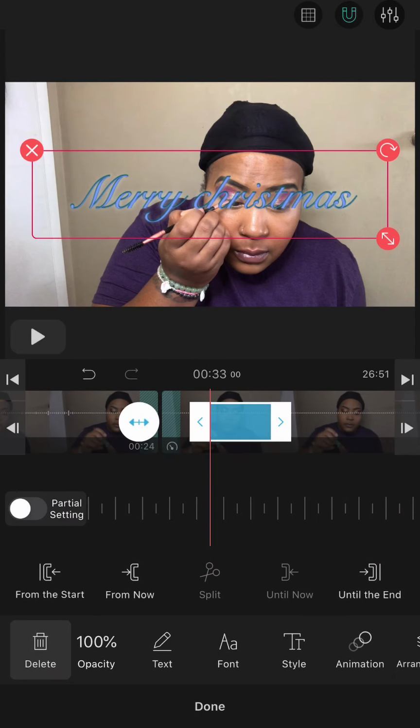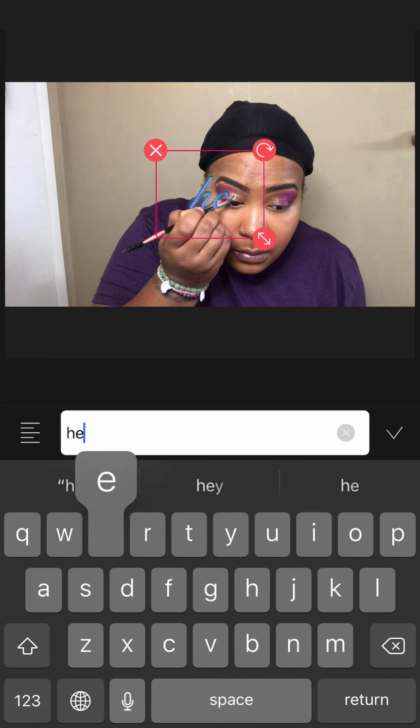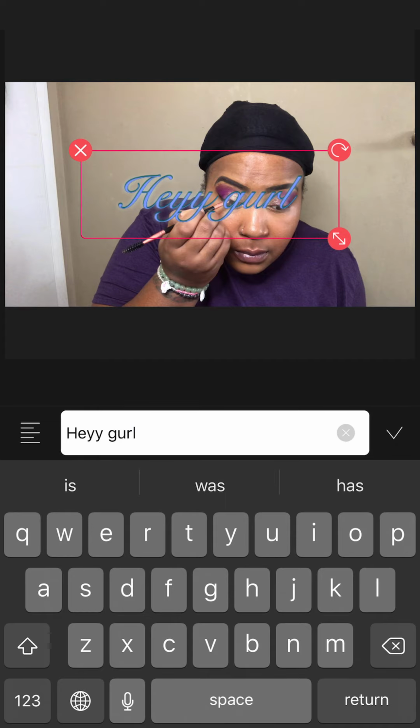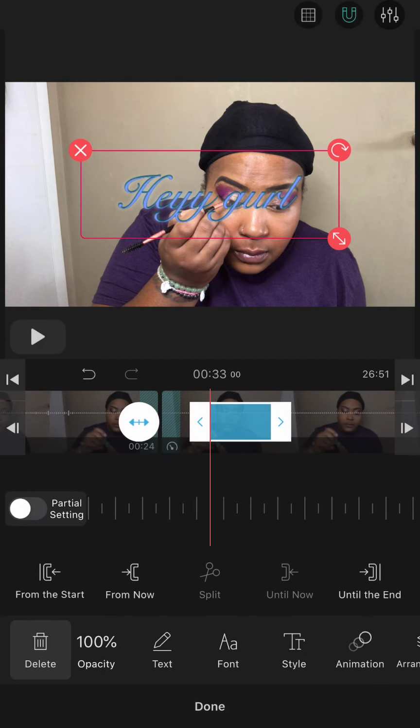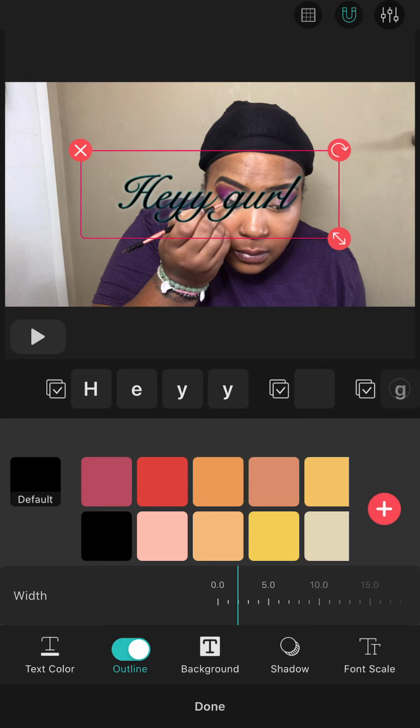You hit OK with the check mark, and then you'll hit text again, so you can type what you want in there. So say, hey girl, and then you hit OK. And then if you go to style, you can change the color of that and make it whatever color you want. So we'll just go with black, and then you can outline it, have an outline color of pink. You see that? Or yellow. And so then you hit that,